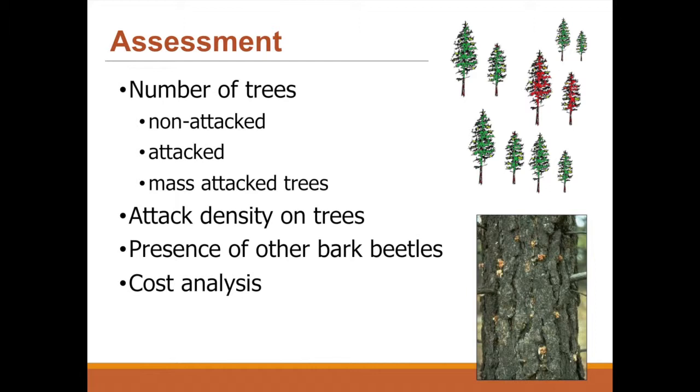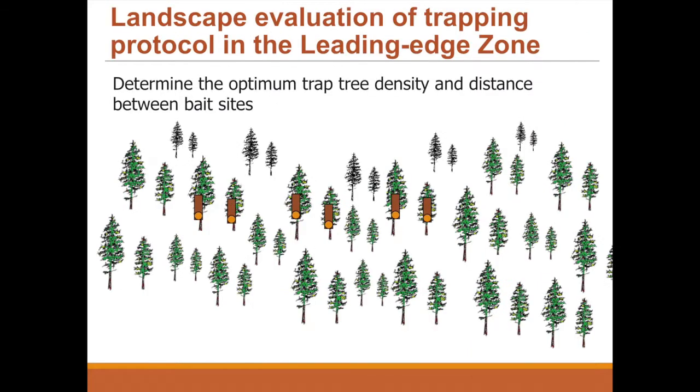And we'll also do a survey around a 50-meter radius of each of the baited trees to also look for attacked trees. On these trees, we'll also look at the presence of other bark beetles and try to come up with the most cost-effective trapping protocol that has the maximum attack density on trees with the lowest number of baited sites put out into the landscape. And so if each one of these are baited sites, determining this optimum trap tree density